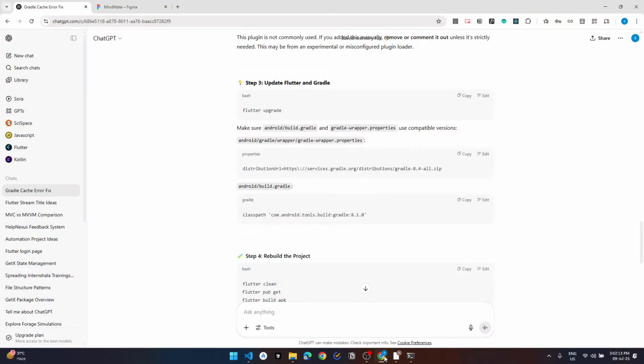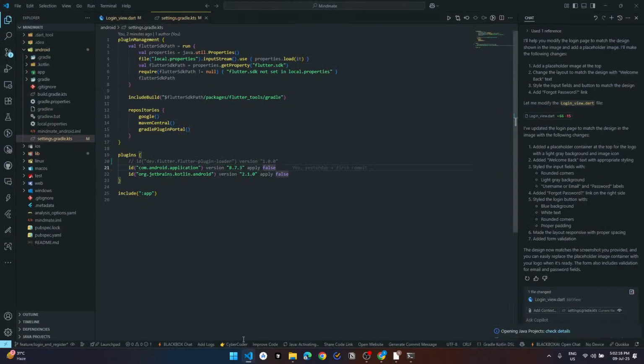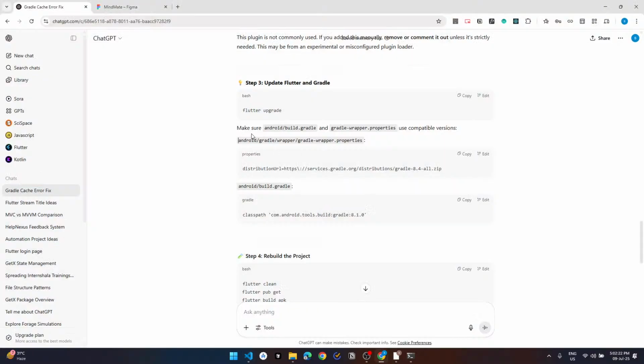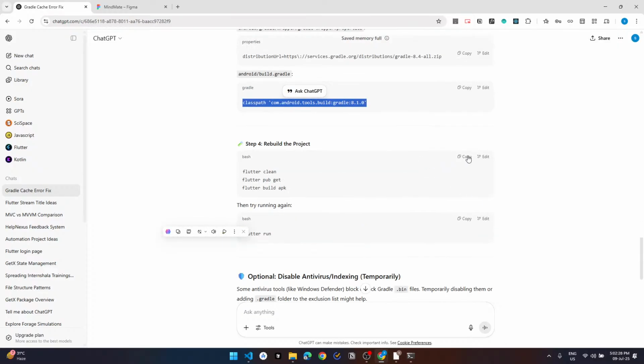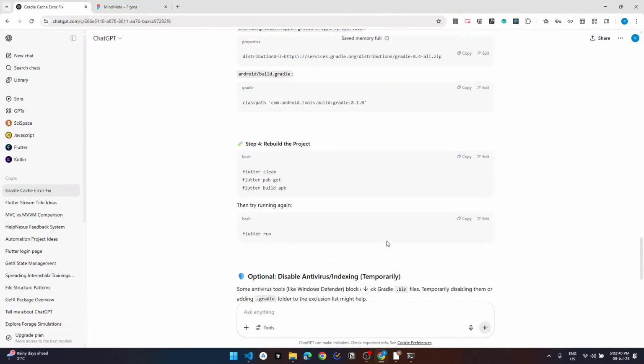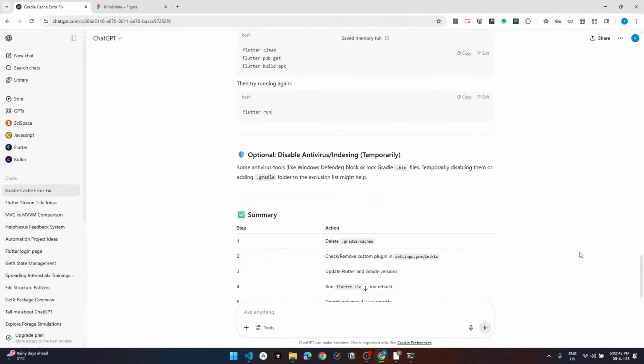Okay, clear out of here, and we have updated Flutter right here, and you need to check this. I'll directly jump to step 4 because we have already done that before. We don't need to build an APK though. If it works, then that's fine.